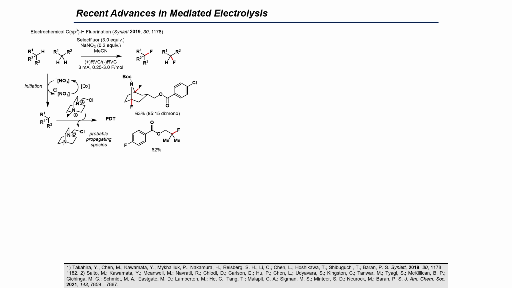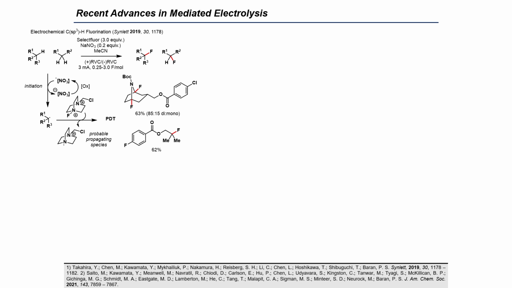as well as a nitrogen-centered radical from Selectfluor. This species can then go on to engage in further HAT processes in a radical chain fashion. This mechanistic hypothesis was bolstered by the observation that less than 1 Faraday per mole was often needed for full conversion. Regarding selectivity, this approach tends to functionalize the most substituted C-H-bearing carbon atom owing to the stability of the